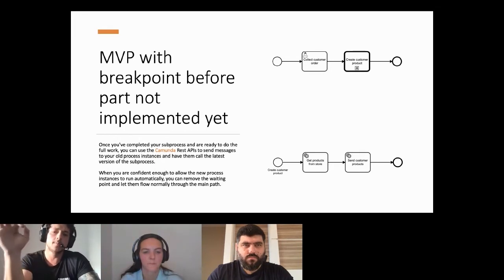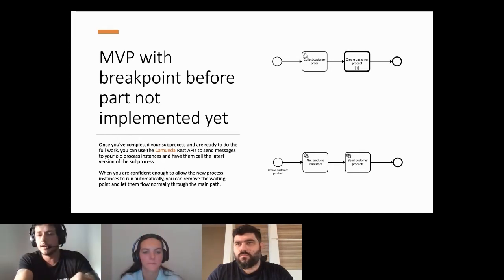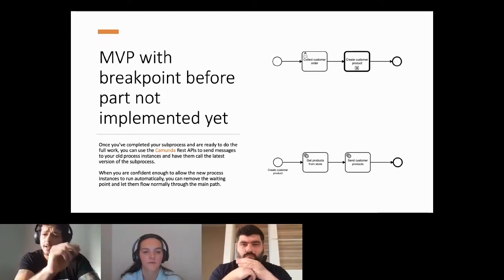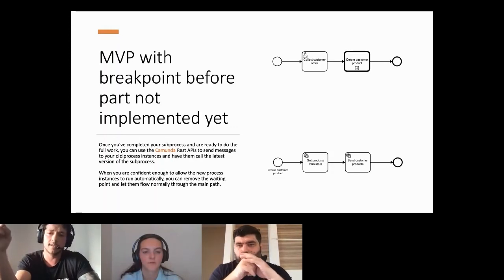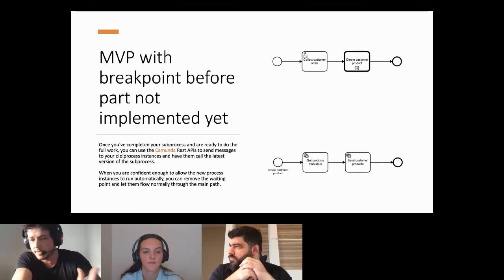You can have it completed simply by calling a default REST API of Camunda, to send a message saying continue. It will continue. It will get the latest version of your sub-process, and now you have your sub-process fully automated.